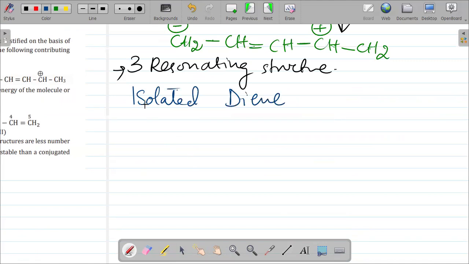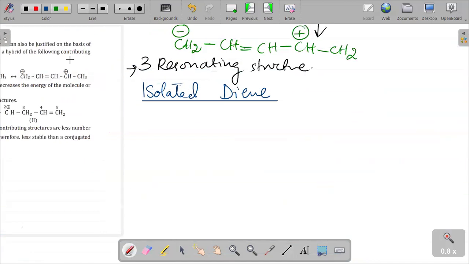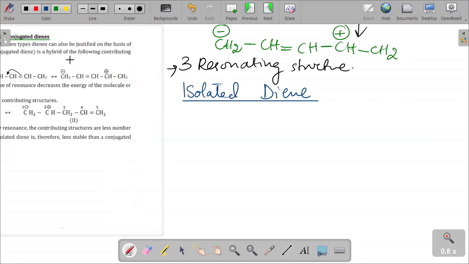Okay. After that, we have another example that is all about the isolated diene. This means that in an isolated diene, the double bonds are present such that between the two double bonds there is more than one single bond. So, for example, it's also a five carbon compound: one, two, three, four, and five, and a double bond is present between carbon number one and carbon number two,